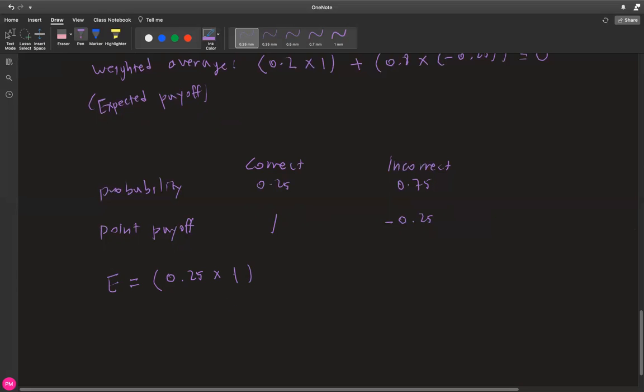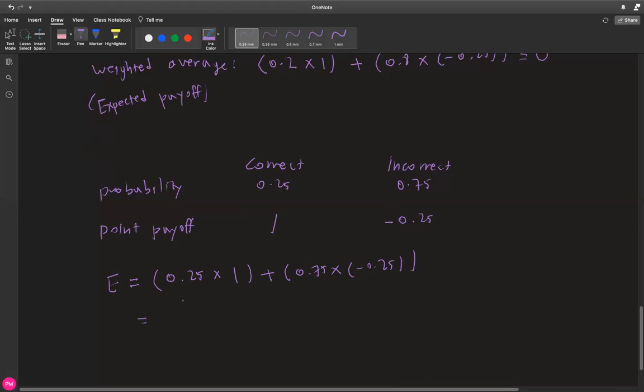So you're simply multiplying the value by its respective weight, and you're adding the 0.75, which is the weight of incorrect, or the probability of getting an incorrect answer, and you're multiplying by the point payoff. In this case, it's a negative 0.25.